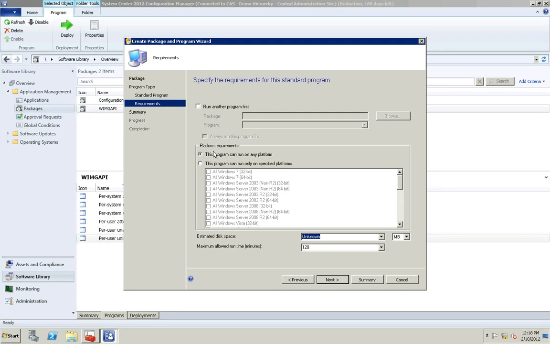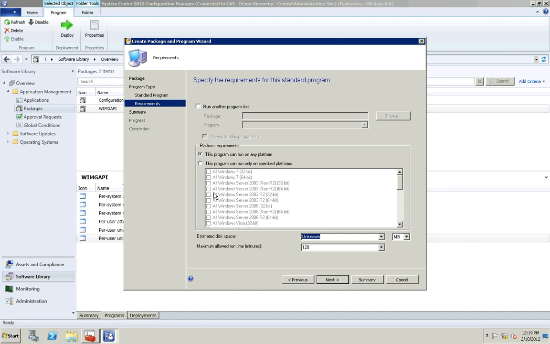So maybe you're targeting geographically. Maybe you say the systems in the Houston office need to receive this given package. Well, you could have Windows XP systems, Windows Server systems, Windows 7 systems, all of that in the Houston office. So if you have a collection that describes all the systems in the Houston office, you could target that collection and then use this section to specify which operating systems actually should receive the content. So it allows you that flexibility to do a broader target but be more specific in the rules of the